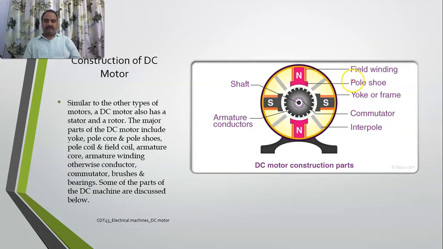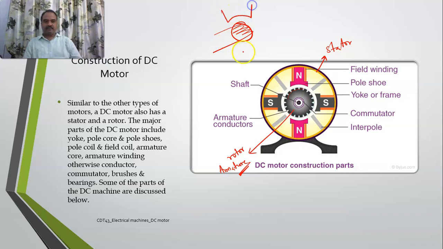So what are the important parts now? If you see, this is my rotor. We call it an armature. And this stationary one, we call a stator, over which your poles will be there. As I have already shown you, this is your rotor, through which you will be giving conductors. And these are your poles, right? And these poles are housed in a